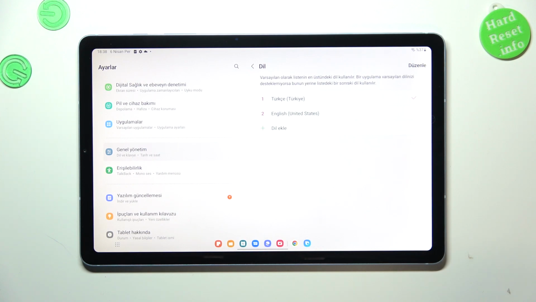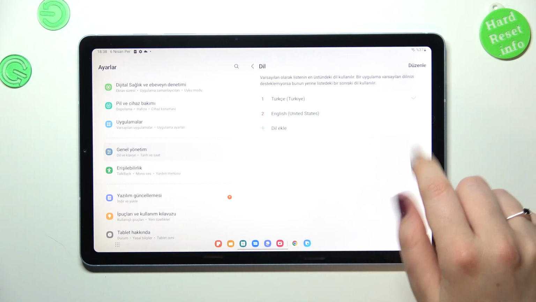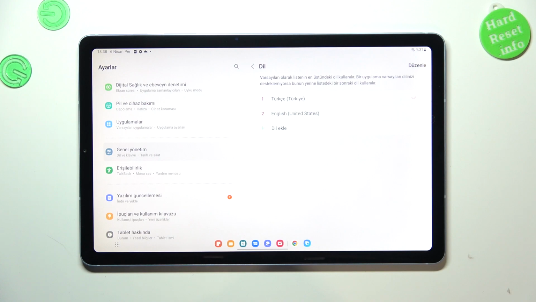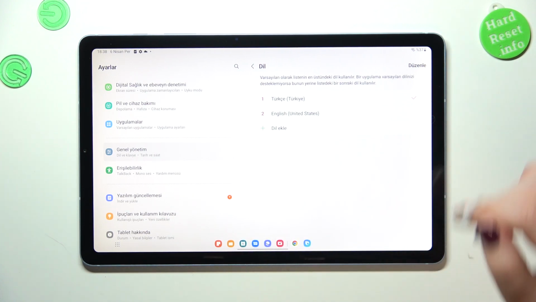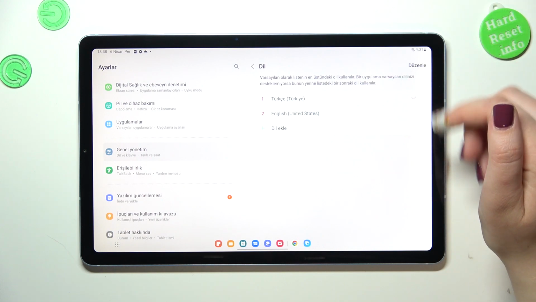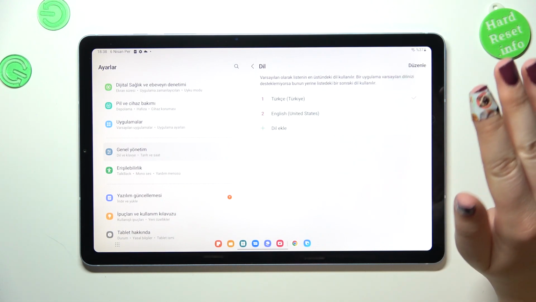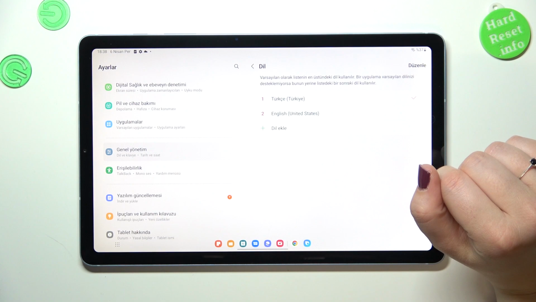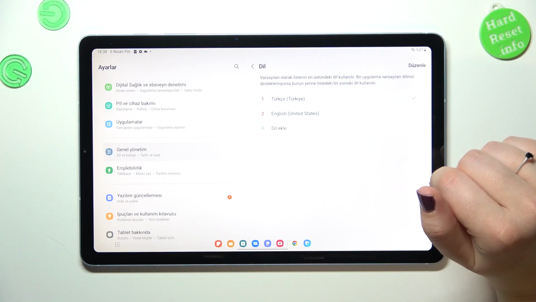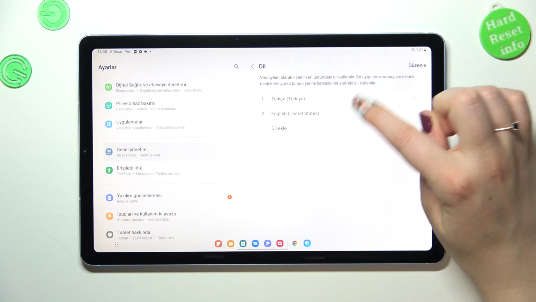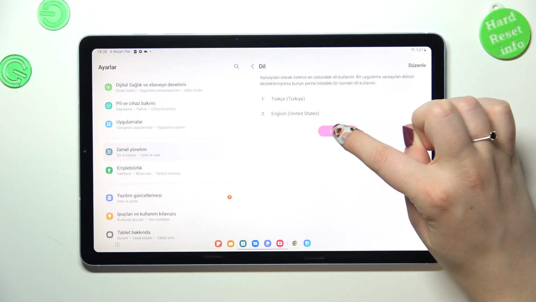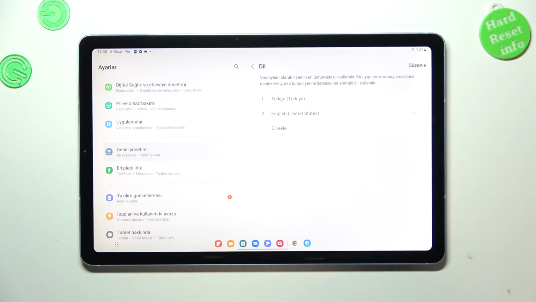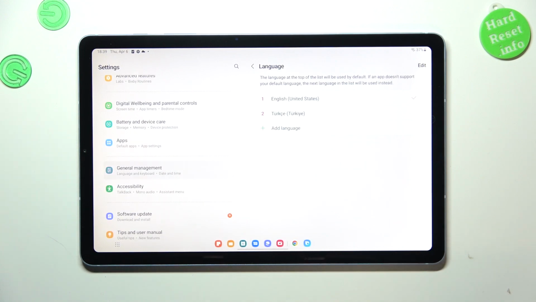Which is more, if you've got like 2 or 3 different languages added to this list, then you do not have to enter this add language section. You can simply reorder them to change the language, because the language which is at the top is always the applied language. So let me change it. Let me show you how to do it. Just tap on the English and it's probably a change button, so just tap on it,